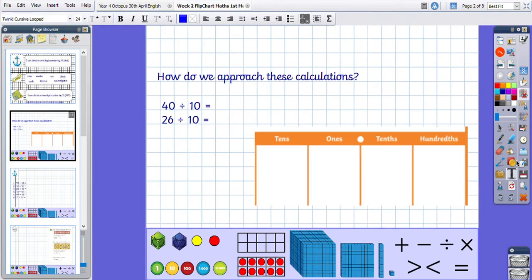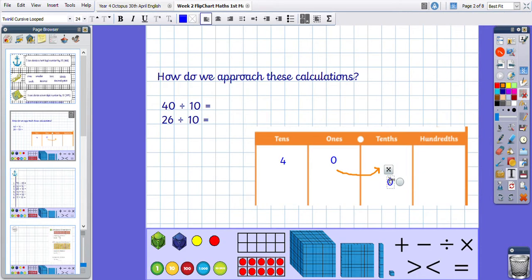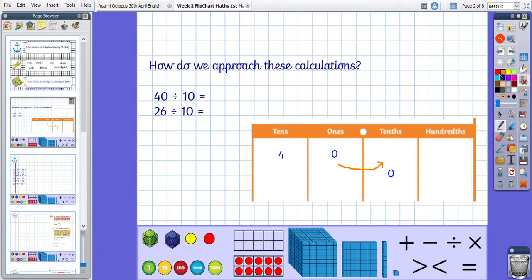We have two-digit numbers this time, so we have the number 40, which we put in our place value grid. If we are dividing by 10, we are making it 10 times smaller, so we are moving the numbers one place to the right. So our 0 would move into this column, and our 4, which is our tens column, will move into the ones column because it is getting 10 times